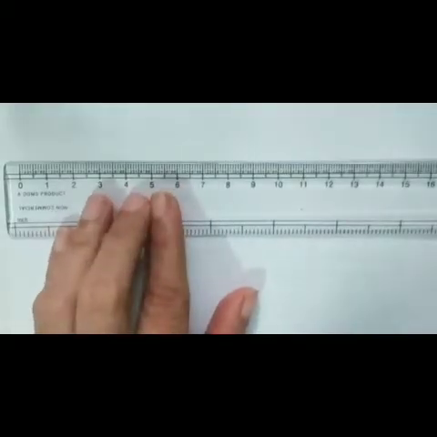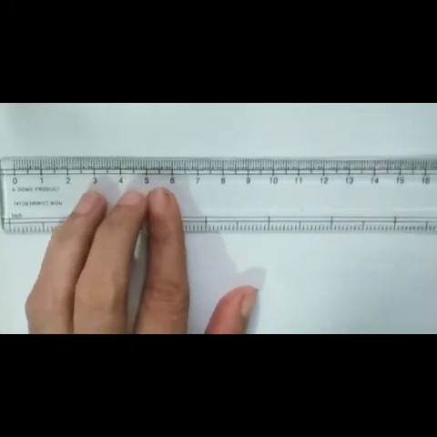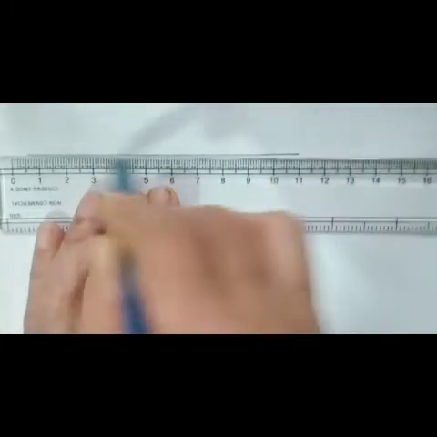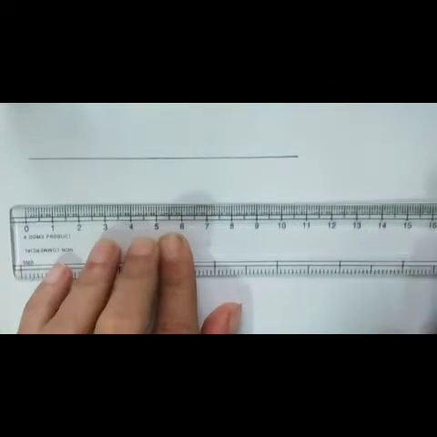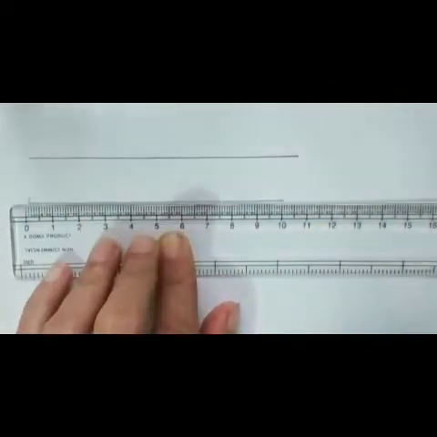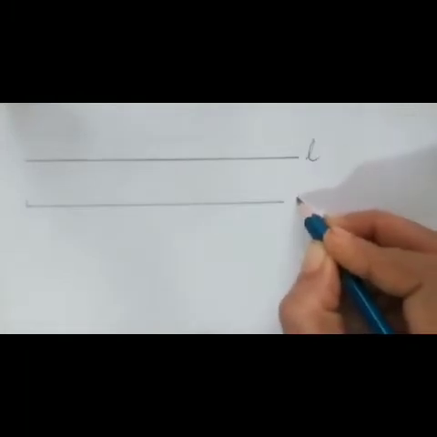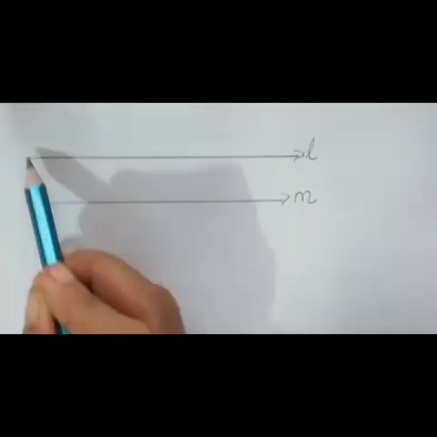Now children, you also can try this, draw this along with me in your notebooks, your rough notebook, homework notebook, anywhere. So here I am drawing two lines. Now here you can see the line L and line M is drawn. Now these two lines are not intersecting each other, not crossing each other. They are two separate lines, and any two separate lines are said to be the parallel lines, which are not